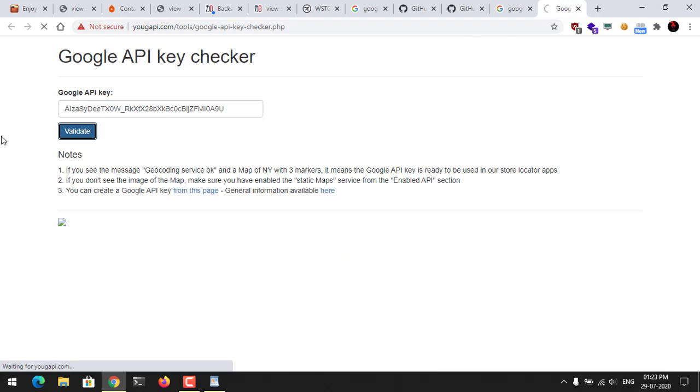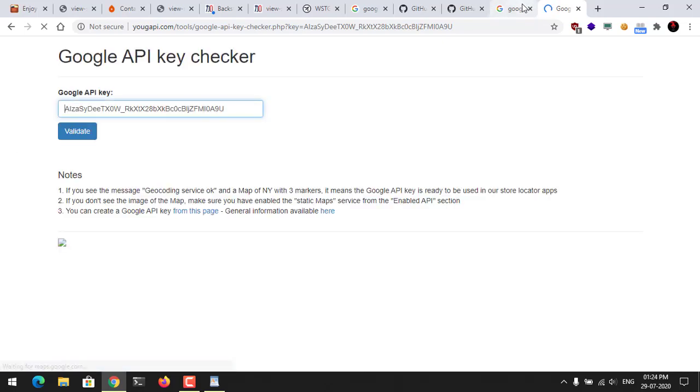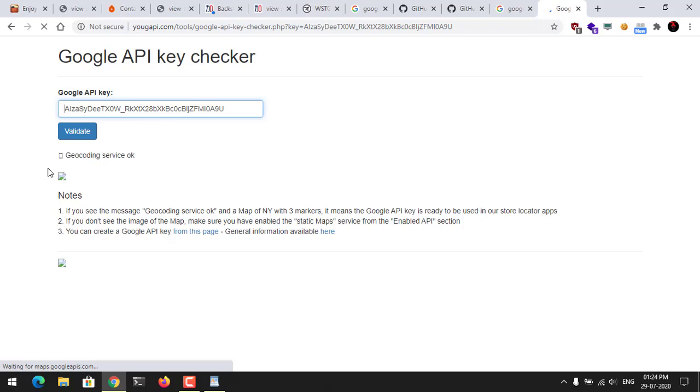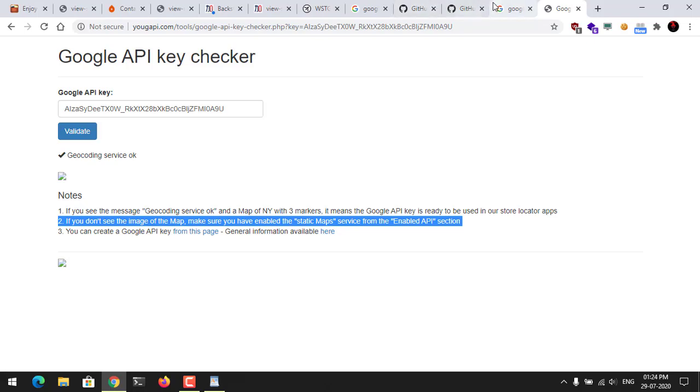So if you say validate, it will just validate whether the key is valid or not. Okay, geocoding service. Okay, that's fine. So here, how to exploit it?